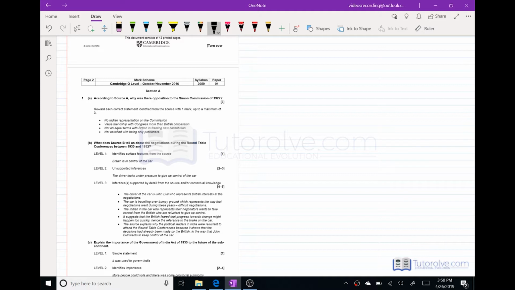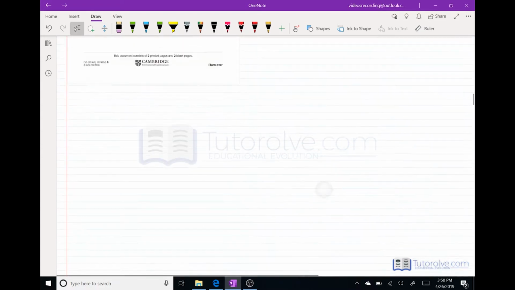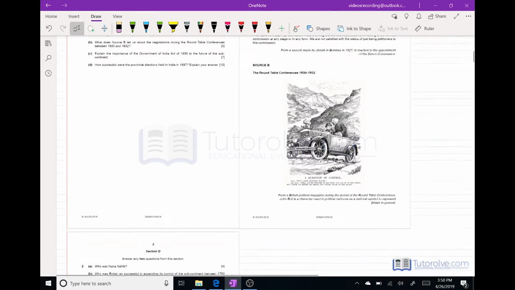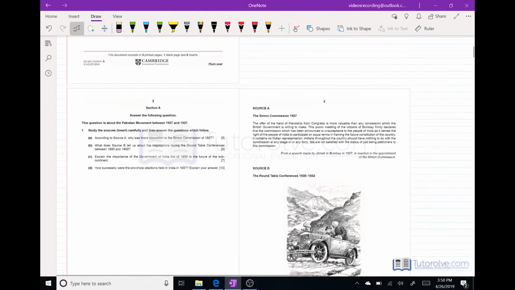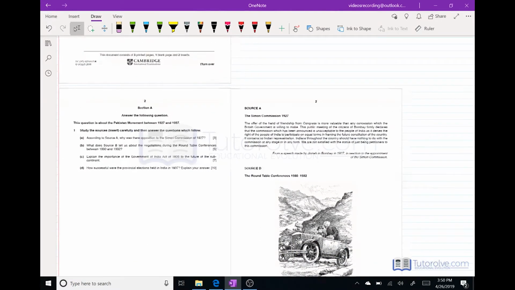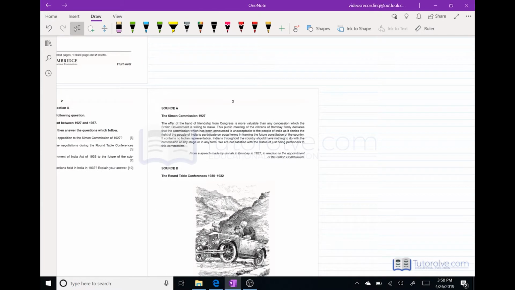So the first question is related to the source. According to source A, why was there opposition to the Simon Commission of 1927? Now, this is basically the source. In source A, the Simon Commission 1927, it reads: the offer of the hand of friendship from Congress is more valuable than any concession which the British government is willing to make. This public meeting of the citizens of Bombay firmly declares that the commission which has been announced is unacceptable,